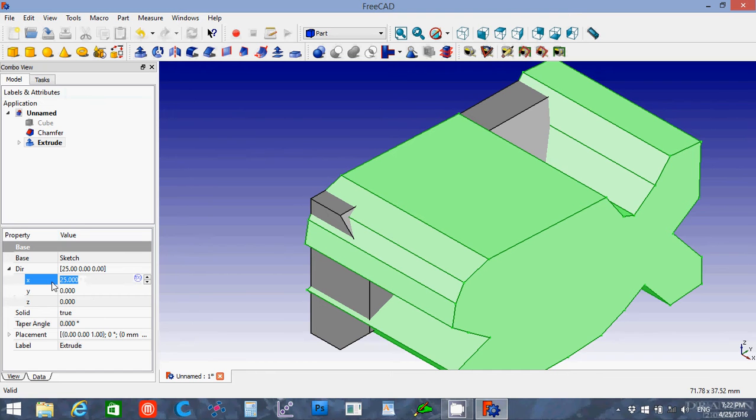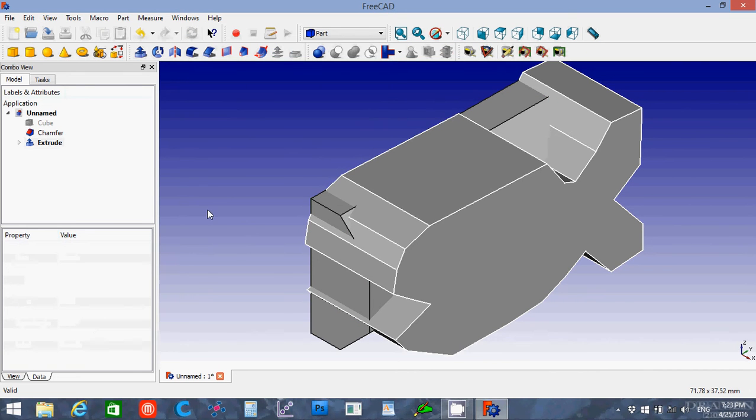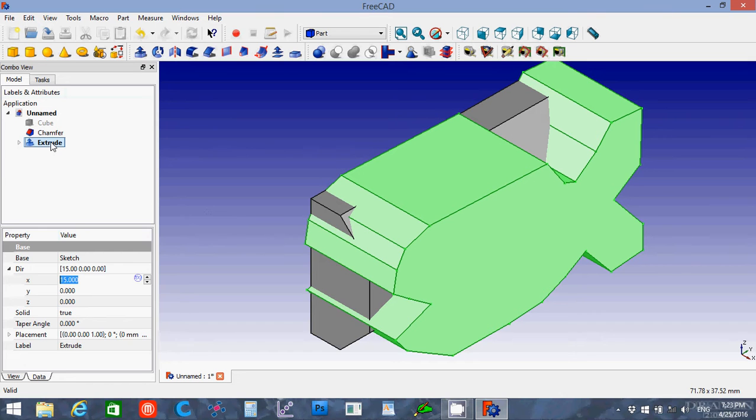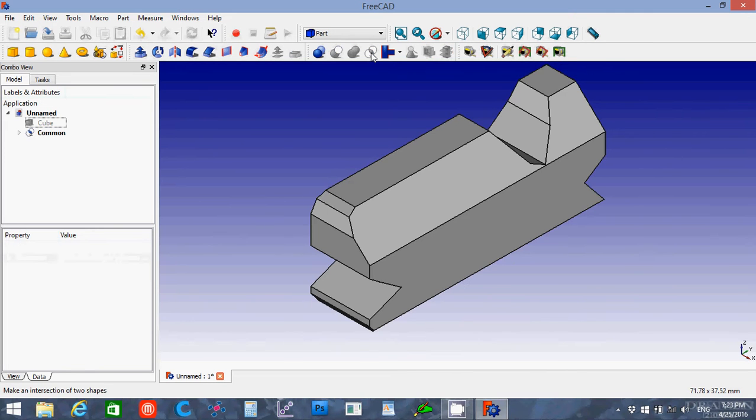And change it down to 15. Doesn't really matter as long as it's bigger than the other object. And what we're going to do is click extrude, and click the chamfer, and we're going to use the common. That leaves just what was overlapping. Okay,